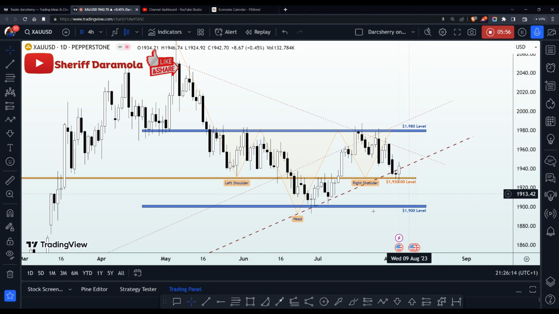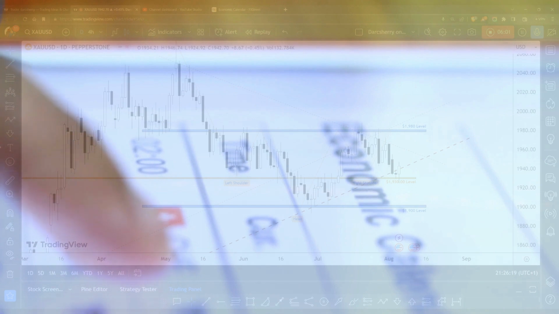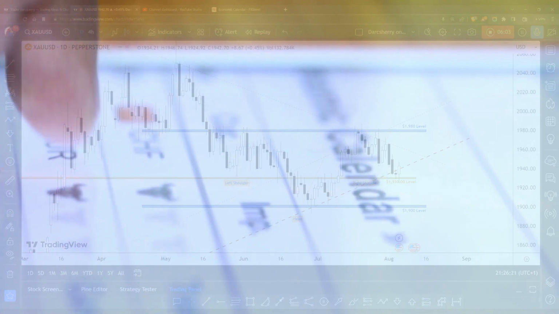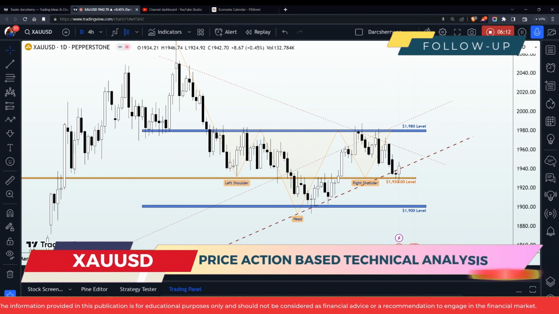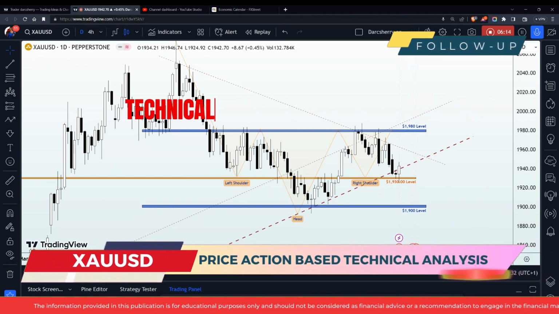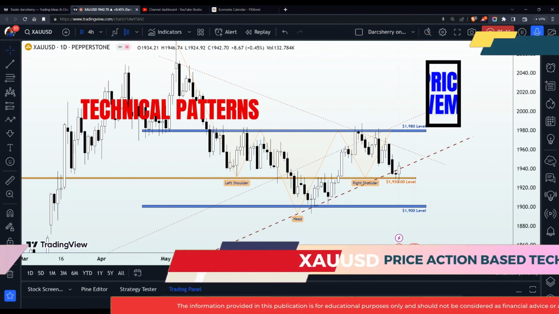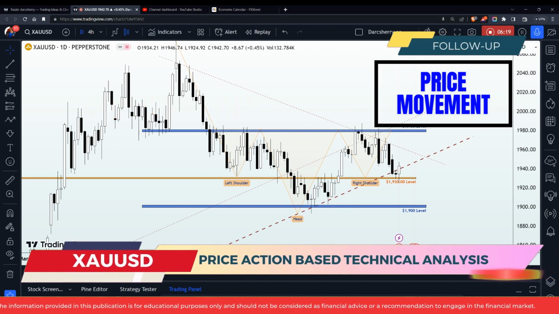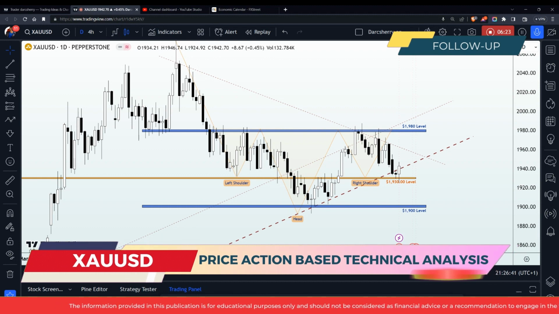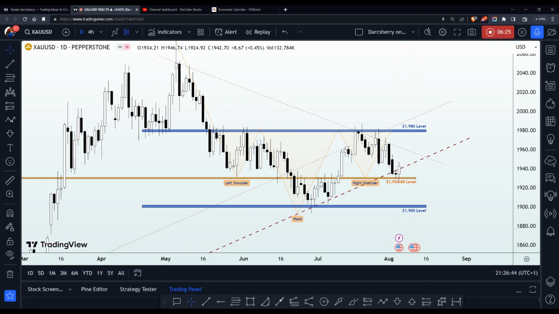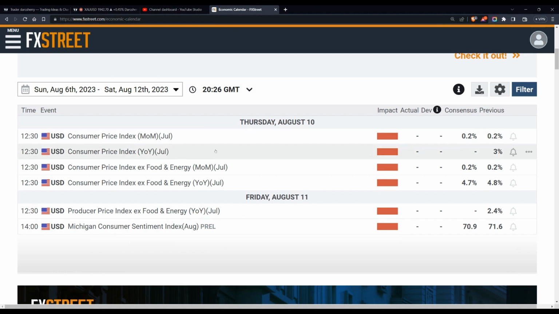But before we scale down into these time frames, I would like us to take a quick look at the economic calendar to see what the majority in the market will be looking forward to, to give clues into where price action is likely going. And these fundamental factors often manifest on the chart in technical patterns and price movement. By monitoring the economic calendar, we can easily identify potential correlations between key economic releases and, of course, specific technical